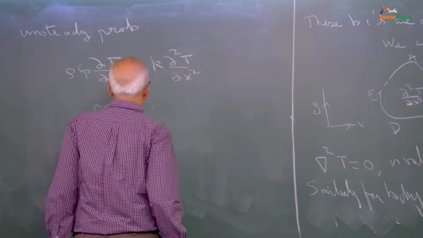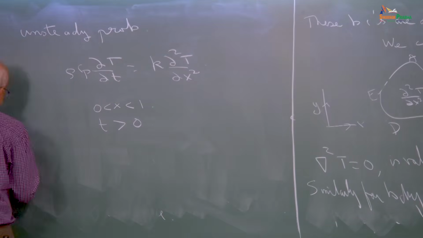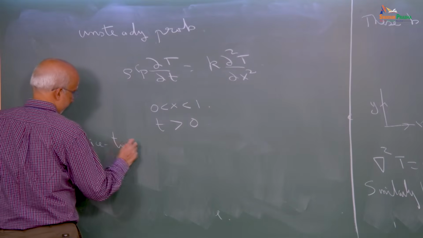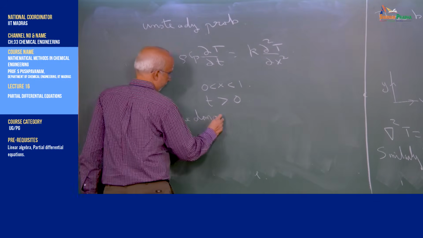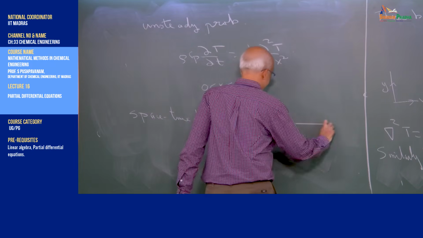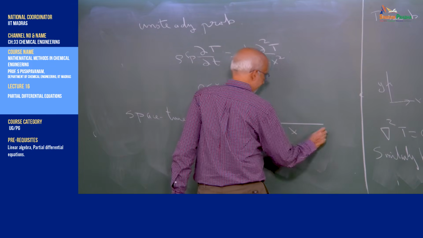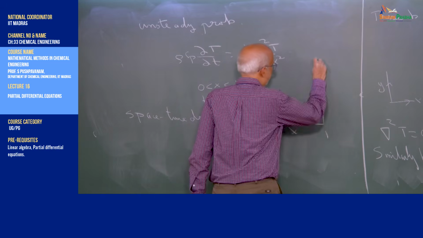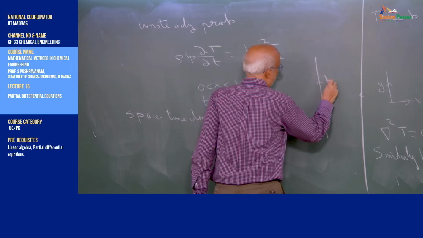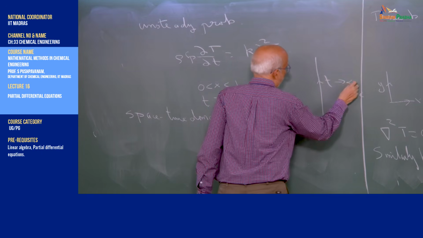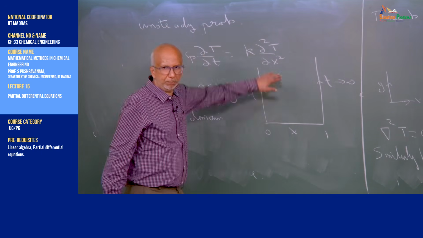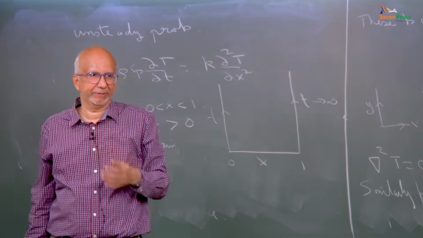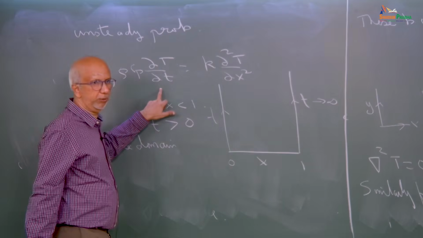So, here in the space time domain, let us say this is x from 0 to 1 and this is t going off to infinity. It is not bounded on the top, okay. And in order to solve this equation,